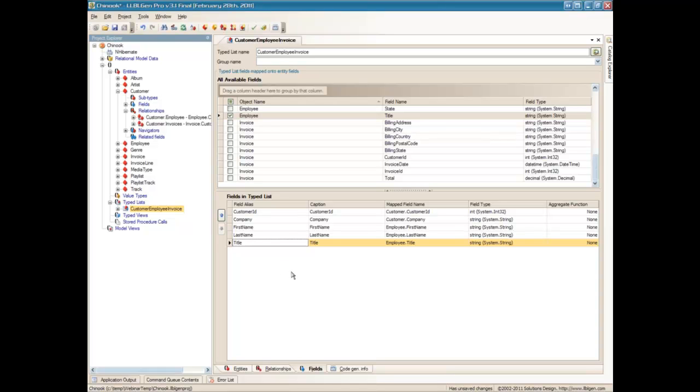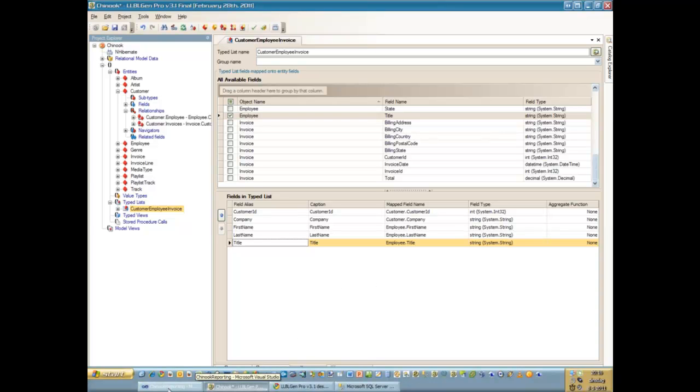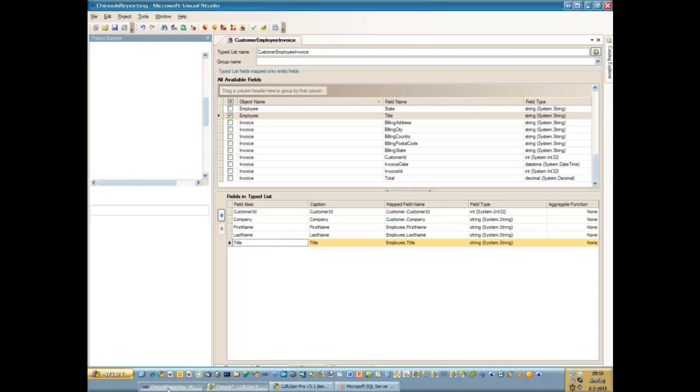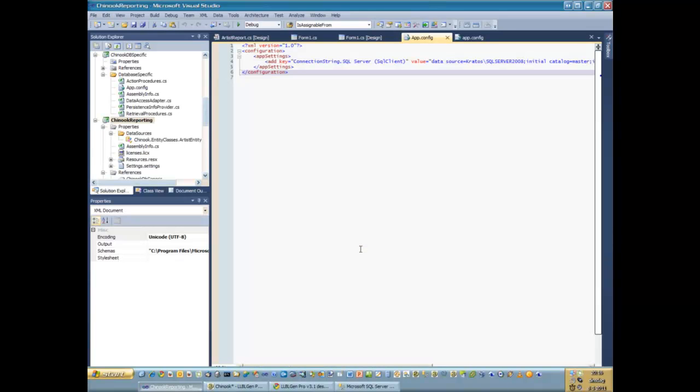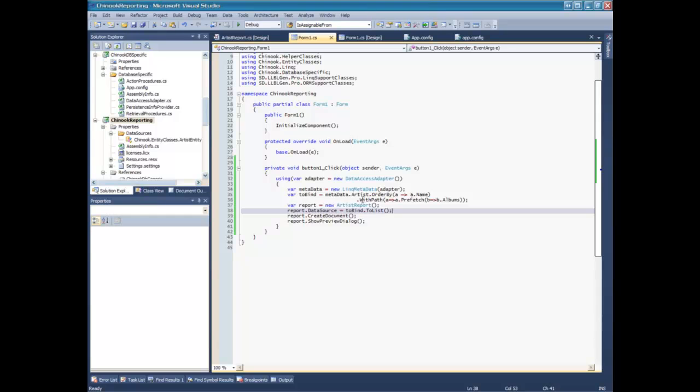So this will be one query and often more performant than fetching a whole graph of objects and then picking a couple of fields from them. Another way to do it is in the code. For example, you can add a custom projection to a link query. Now we are fetching entities, but